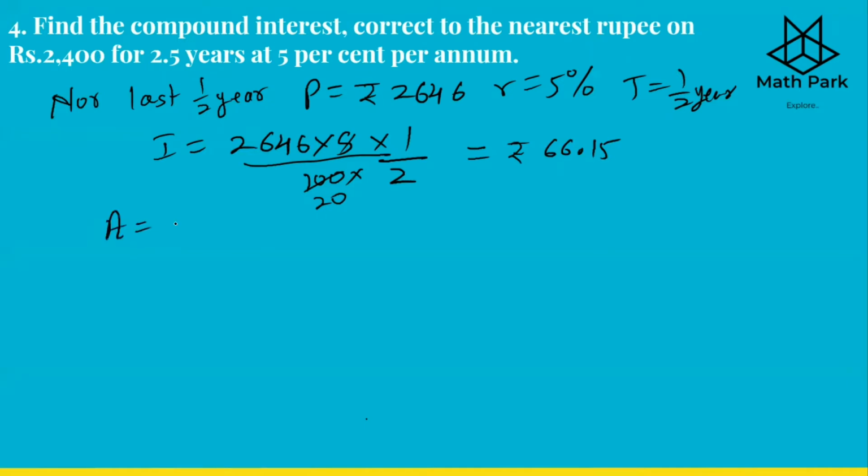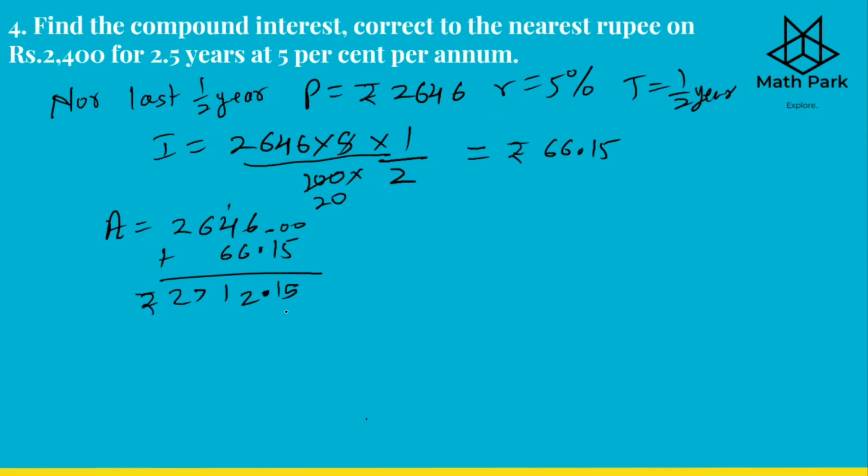Amount now is equal to principal plus interest: 2,646 plus 66.15. So we get 6 plus 6, 12, carry 1, 4 plus 1, 5 plus 4 is... 6 plus 4, 10 plus 1, 11, carry 1, 7. Okay, 2,712. So amount is equal to rupees